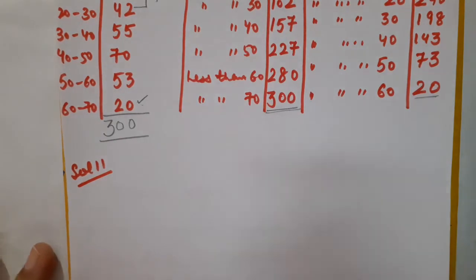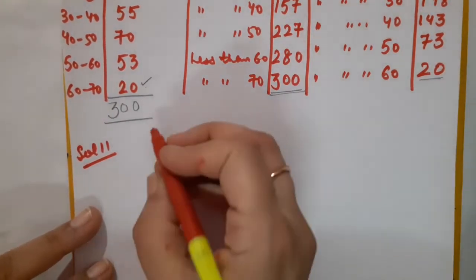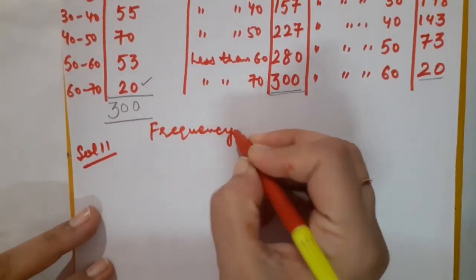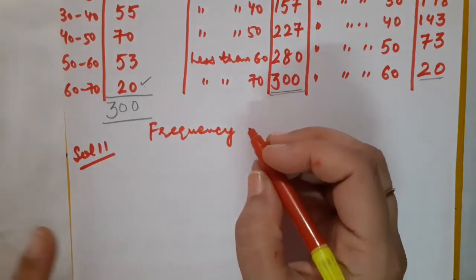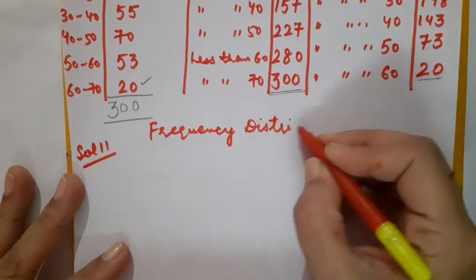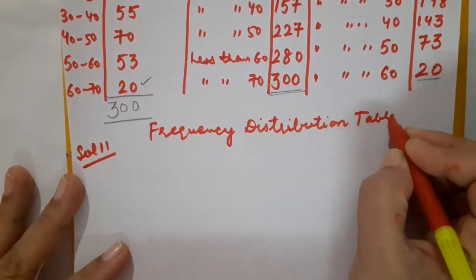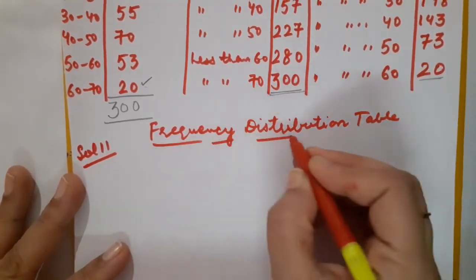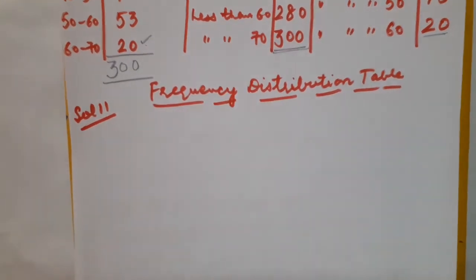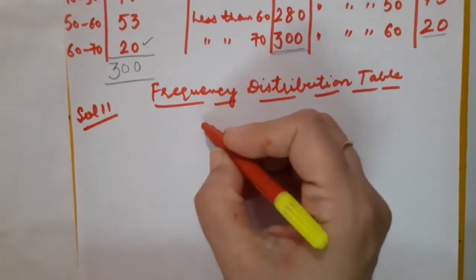Now in the question it is said that we are supposed to make a frequency distribution table, not cumulative, because cumulative is already given in the question. Okay, so we are going to make a frequency distribution table. Do you know what we include in a frequency distribution table? Yes, we include class interval and frequencies. Correct? So what is there in the data given? We have the marks given out of 90, that I am going to write here.